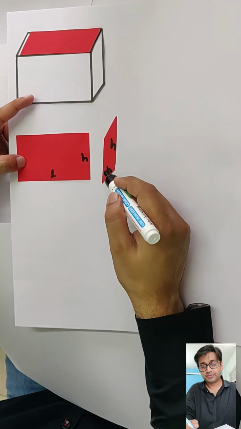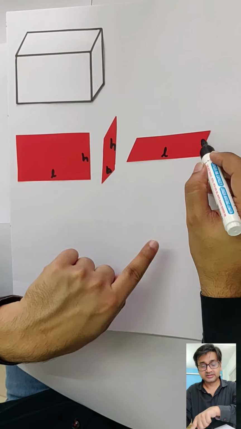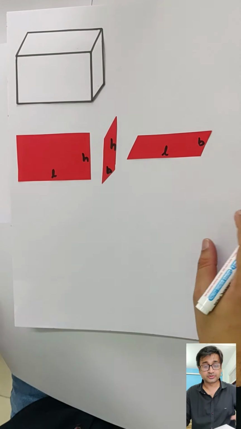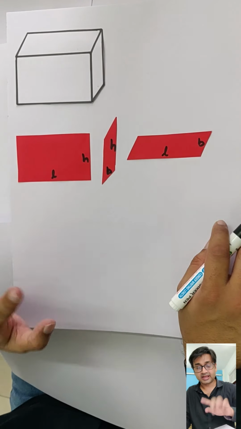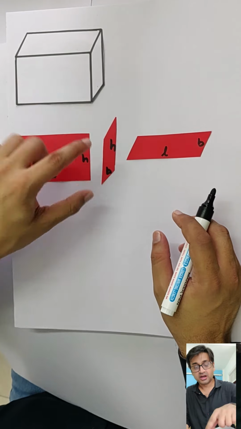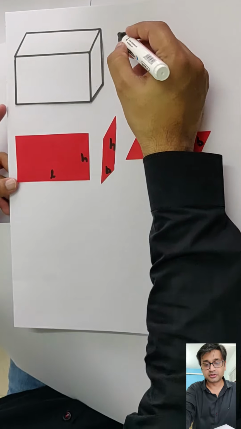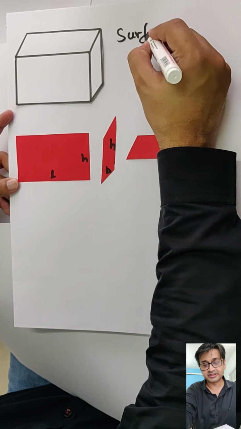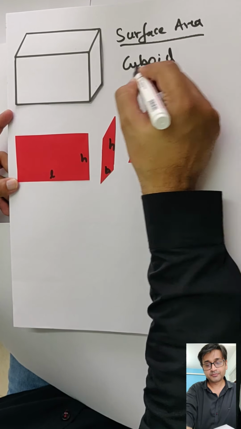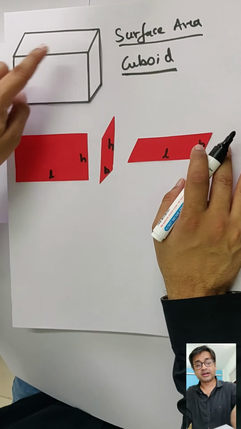The second one, breadth and the height, and the third one on top, so this is length and this is your breadth. Alright, so 3 different shapes is what we are getting. Basically not shapes, 3 different dimensions, but all 3 are rectangles. Right now they look like different shapes, because I had drawn it like that to show you a 3D figure, but technically these 2 are rectangles only. Alright, now 4 vertical faces here also. So we are first understanding surface area, right? And this is called a cuboid. Cube, where all rectangles are the same, basically squares, and cuboid, all are rectangles, alright?